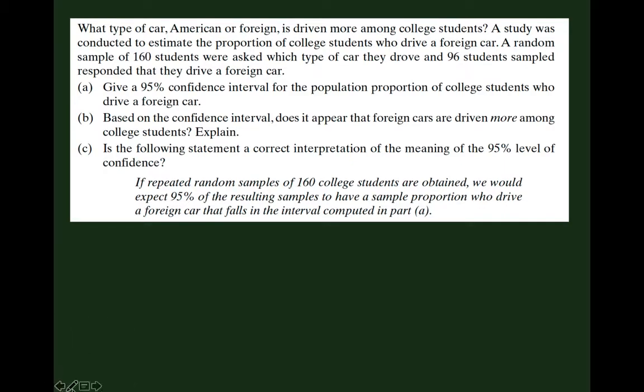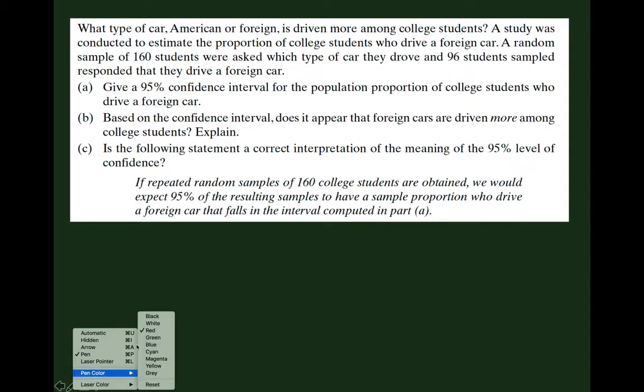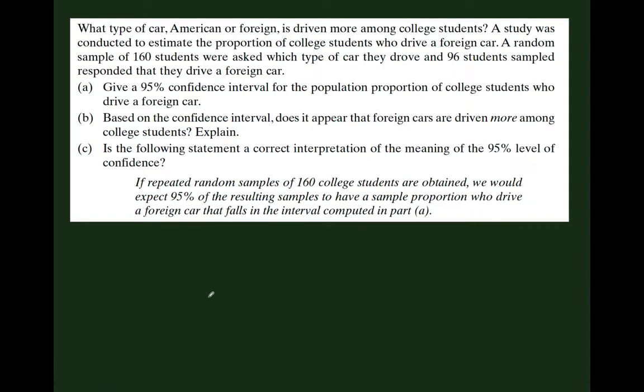So let me write this down. Often we abbreviate confidence interval with CI, and I would say that the true proportion is somewhere between 52% and 68%. Now, this is part A. And part B asks,